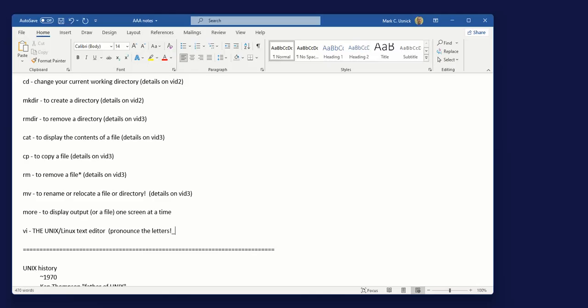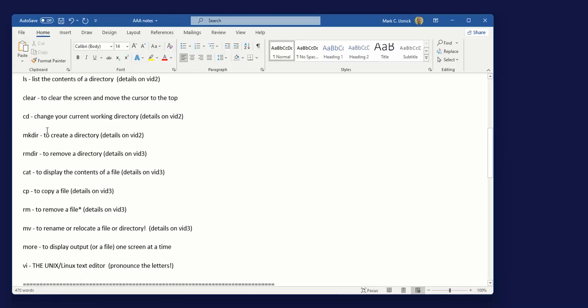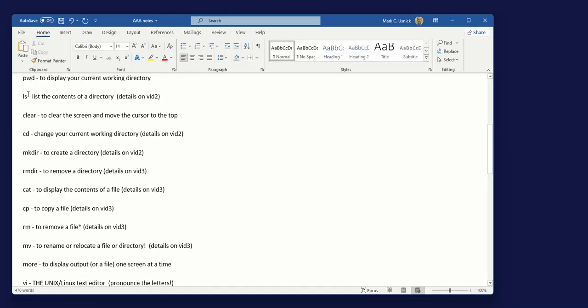If that makes sense. Hopefully that does. And the exact same thing, copy and paste, make a note of that. Same thing for the ls command. The ls command, you don't try to say it as a